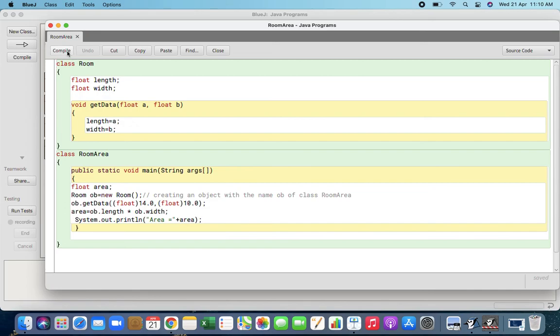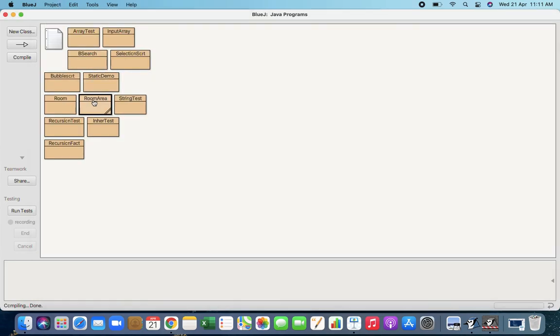Now first we'll compile it and see. After compilation we can see it has been compiled without any error. That means there is no problem with this program, basically in the syntax. So we will close it and now we'll run.